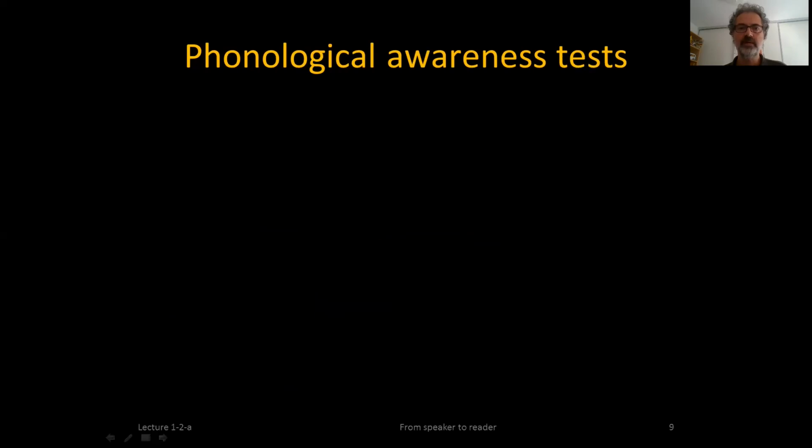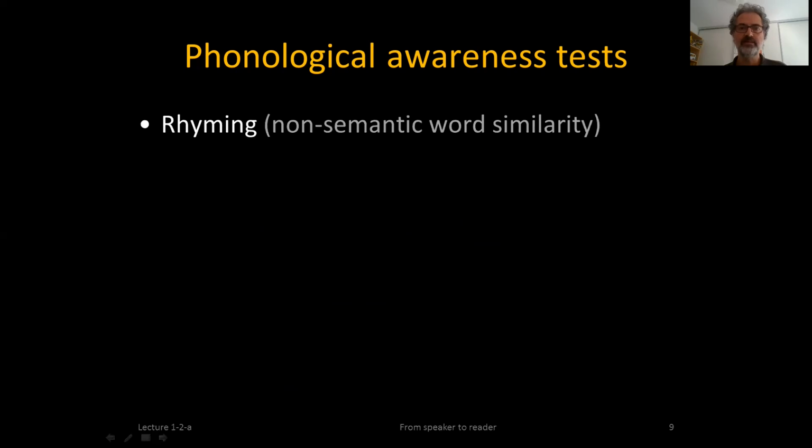Tests of phonological awareness tap these kinds of skills. There are tests of rhyming, which is whether two words can form a poem, which is one way of assessing the child's ability to see similarity in words that have no similarity in meaning. So if someone can do rhyming, it means that they can compare words not on the basis of what they mean. So this is evidence for non-communicative use of language objects. And that's one reason rhyming is used very often in preschool.